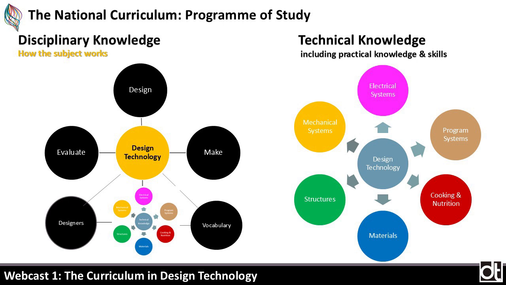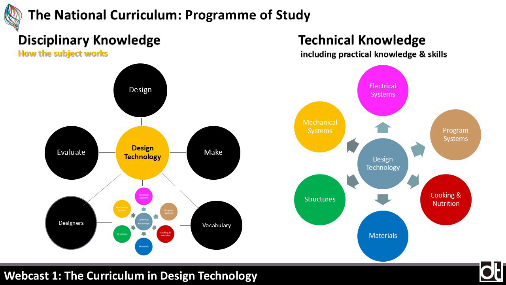We can split the knowledge that the children will learn into two key areas, that of disciplinary knowledge and technical knowledge. The disciplinary knowledge focuses on how the subject works and the creative and iterative processes of designing, making and evaluating. Linked to these processes is the importance of children developing a technical vocabulary that allows them to articulate and discuss their learning, understand more about the subject and to conduct their own independent research. Such is the importance of vocabulary that one of our webcasts will be devoted entirely to this area of learning